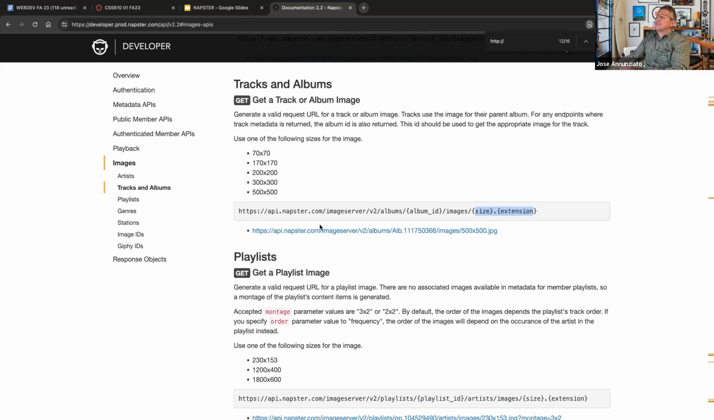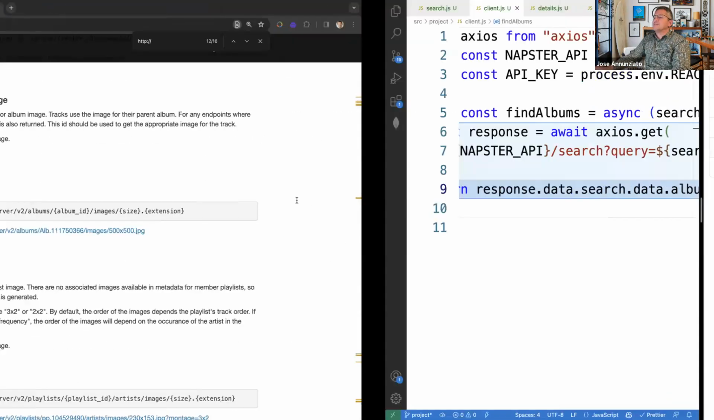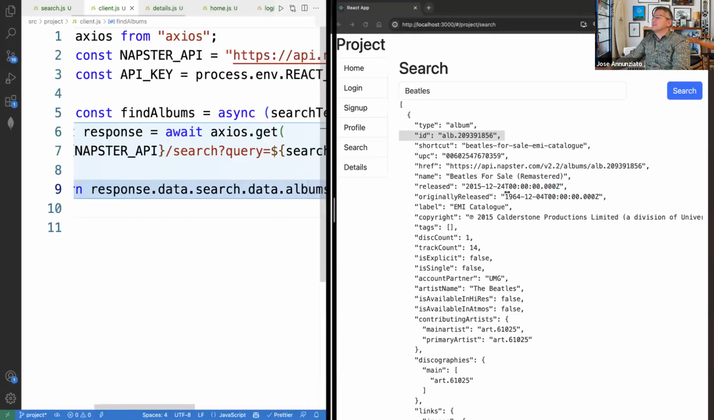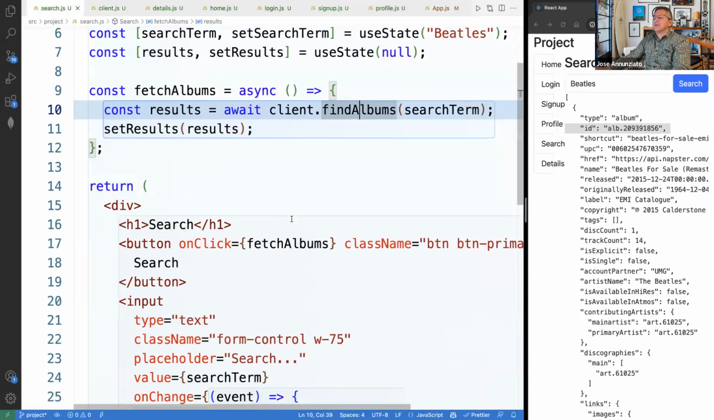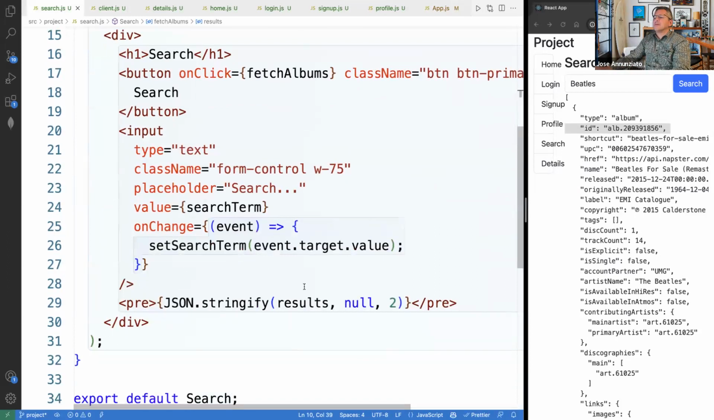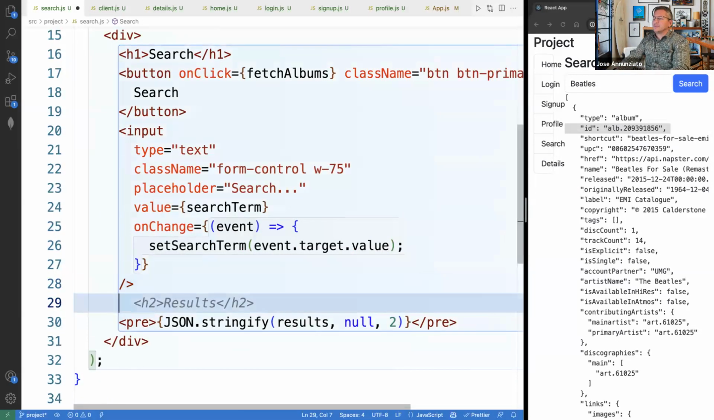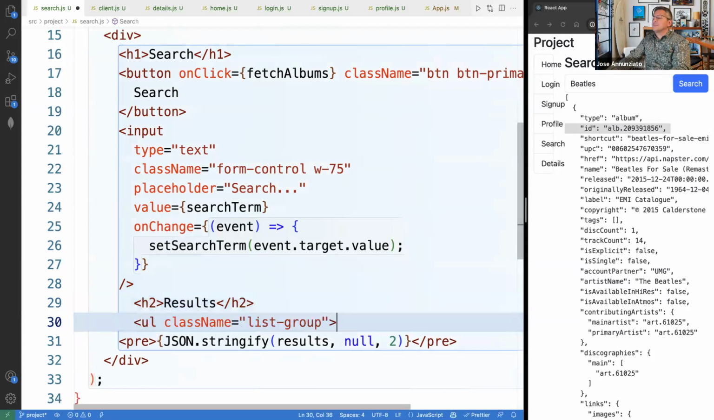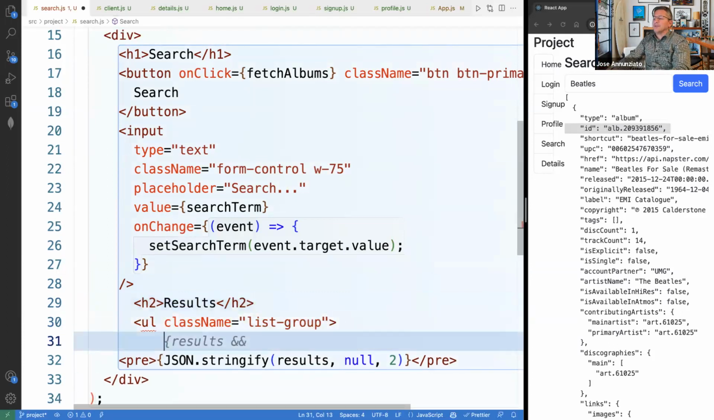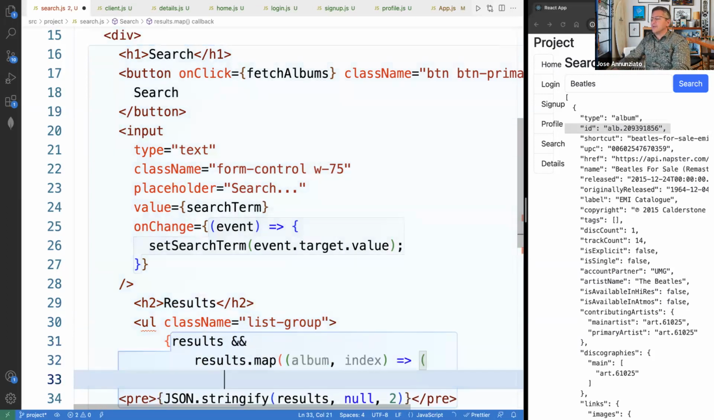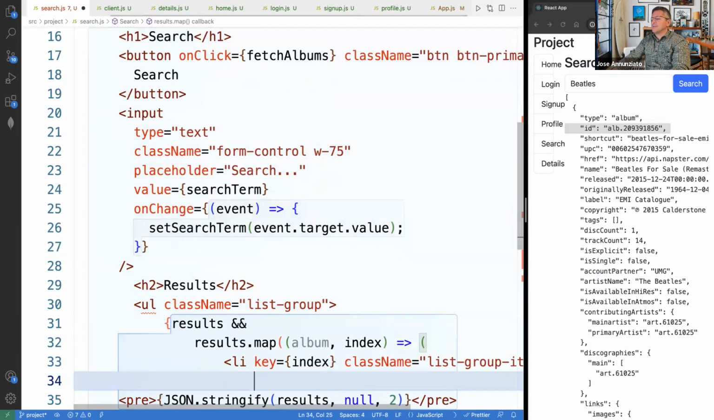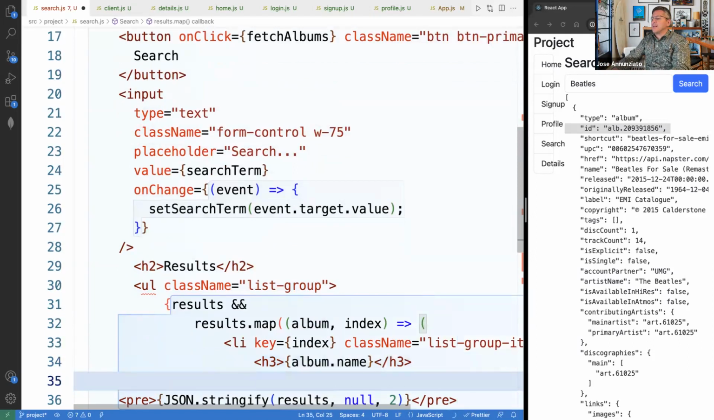So yeah, so let's do that. So we have the ID. So let's iterate over that array. Looks like that. So in our search, underneath our input field, we can iterate. So these are results, maybe in a UL if we want. So if there are results, we're going to iterate over the album object. We're going to display the album name,